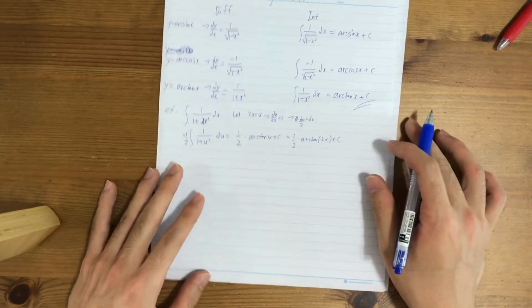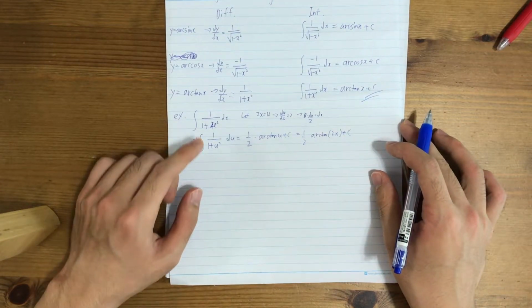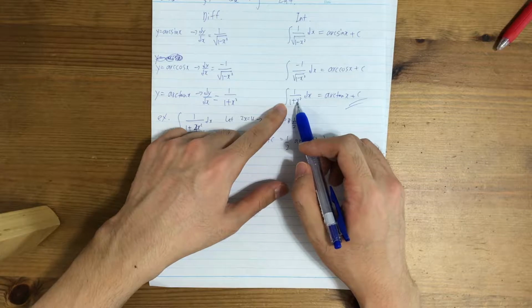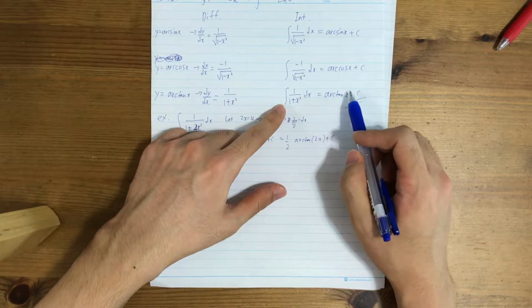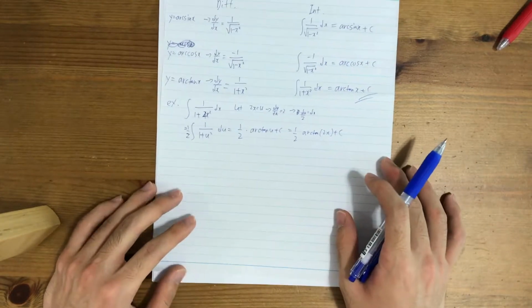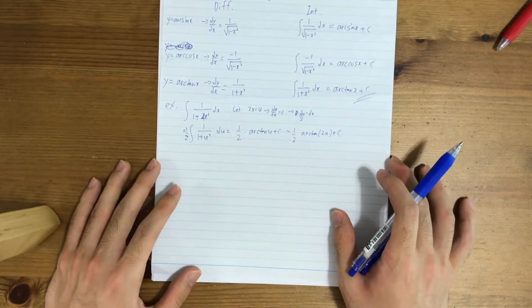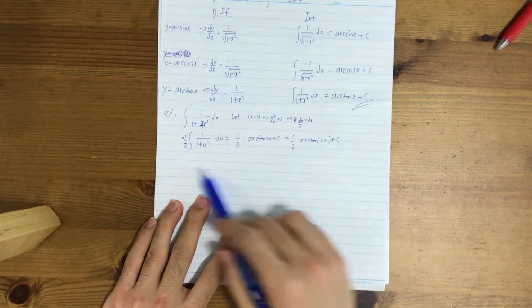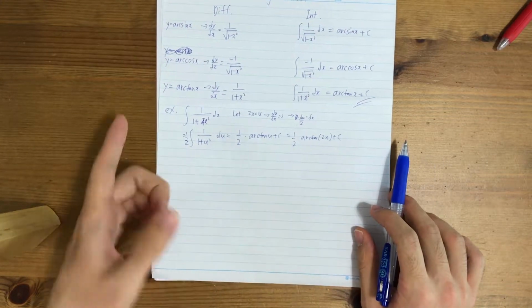I'm pretty sure in your formula booklet it has a case where when it's 1 over a squared plus x squared, you have 1 over a arctan x over a plus c. Well, you can remember that formula, but honestly, I strongly recommend you guys to use substitution to handle these problems,